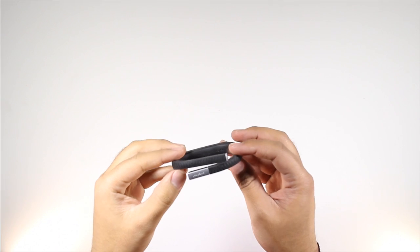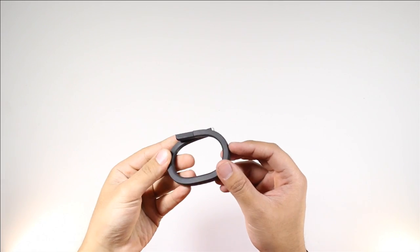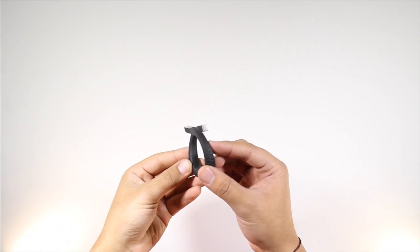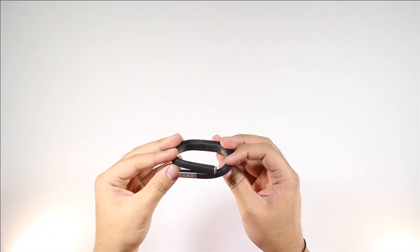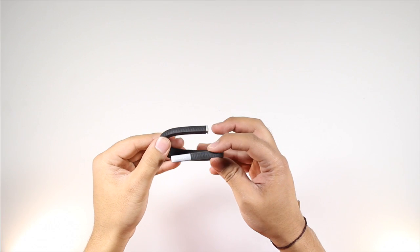I'm here to give a review on the Jawbone Up. After 1 day of use, I basically just wore it last night to sleep, and then I also used it today as a pedometer to track my steps. So one thing I noticed about this is